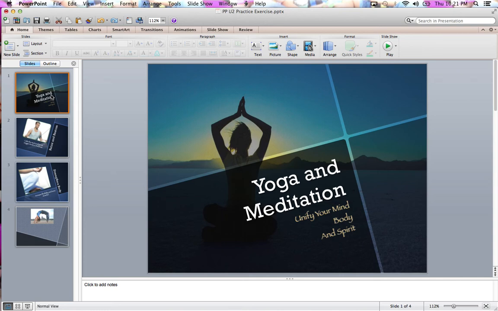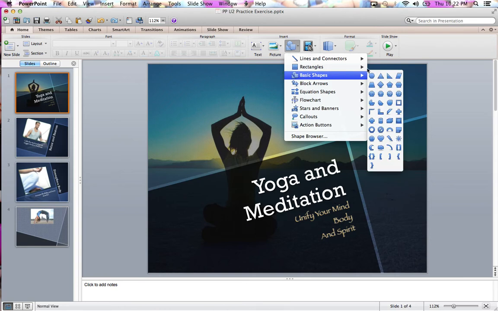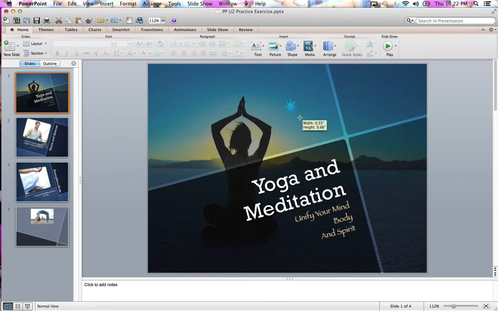Now we're going to go ahead and add shapes and format those. So we want to go ahead and have slide 1 selected if it's not already selected. We want to click shapes, go to basic shapes, and pick the sun. Go ahead and try to make this 0.7 by 0.7 and get it as close as you can, because we're